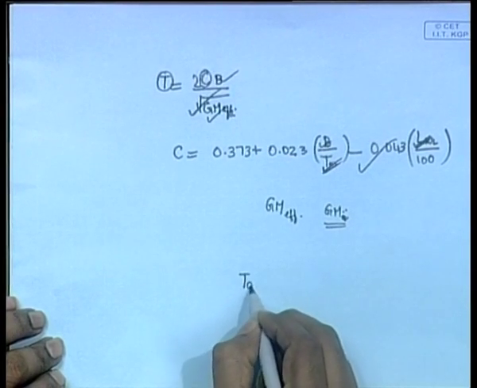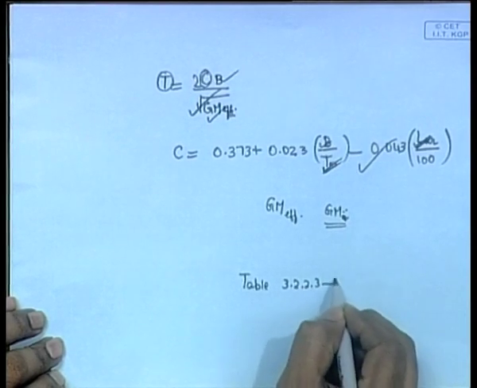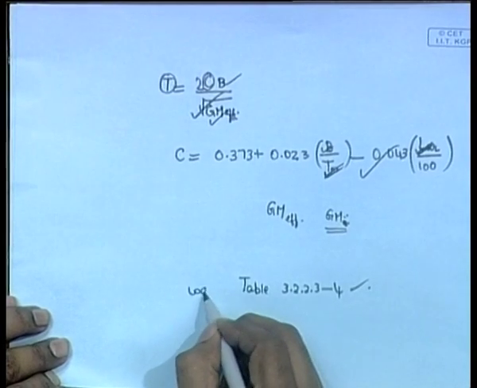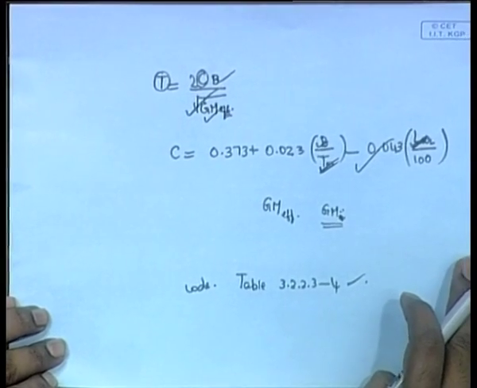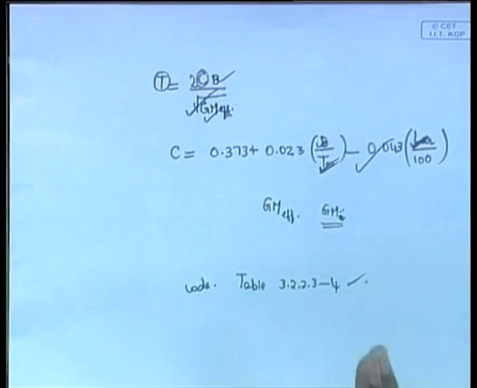Then you will see that in the code, it is a slightly different part of the code, table 3.2.2.34, this section of the code, this is all in the code booklet. Okay. This is the code that deals with the wind region or the wind statical stability laws or the rules. So, you take this region, this code, this table of the code, you will see that once you provide T,